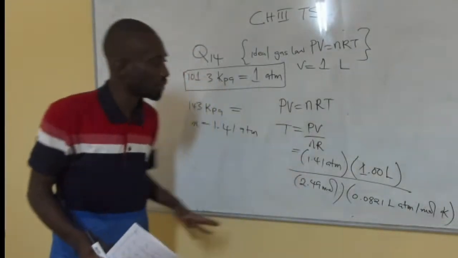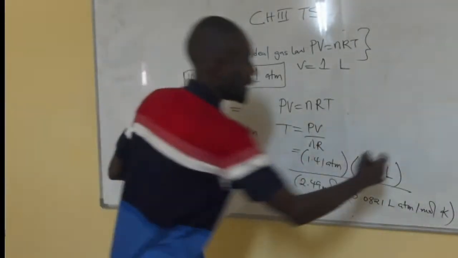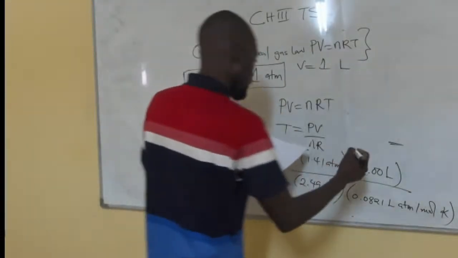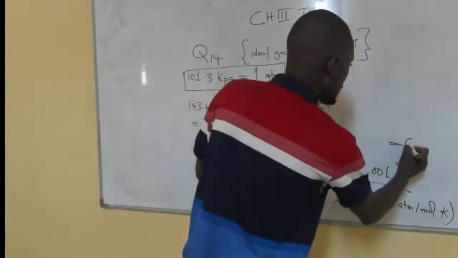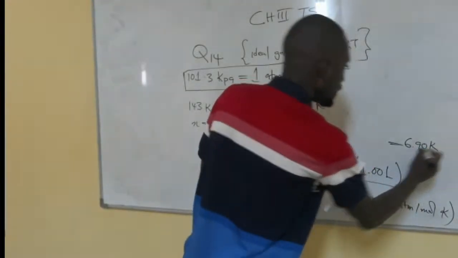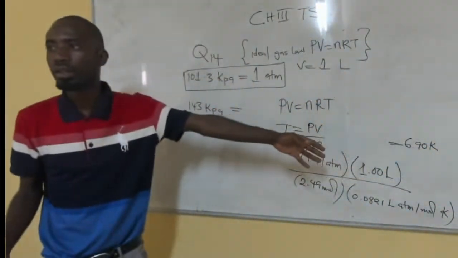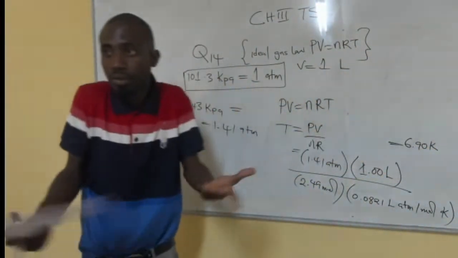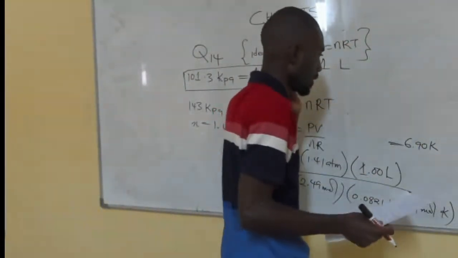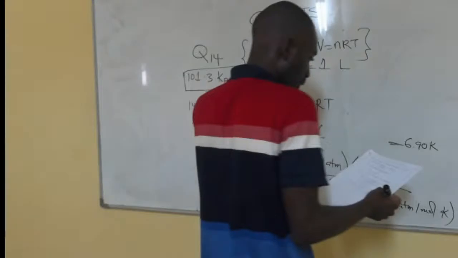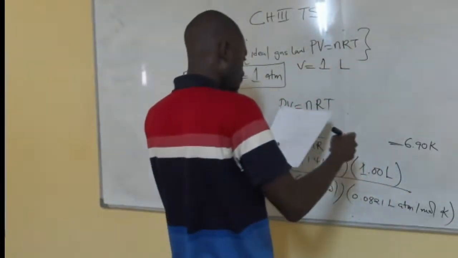Once you reach this level, you're as good as that. So the answer should be how much? It gives us 6.90 Kelvin. But this is the answer, and we are told to find the answer in what? Degrees Celsius. Okay? So, of course, we'll say,